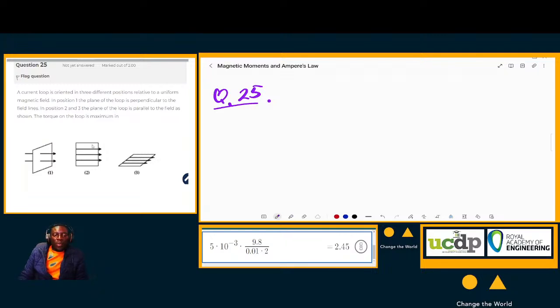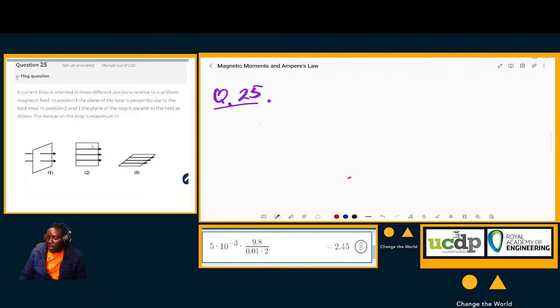So the current loop is oriented in 3 different positions relative to a uniform magnetic field. In position 1, the plane of the loop is perpendicular to the field lines. So the whole plane is perpendicular. In position 2 and 3, the plane of the loop is parallel to the field as shown. The torque on the loop is maximum in which case? So in the first case,